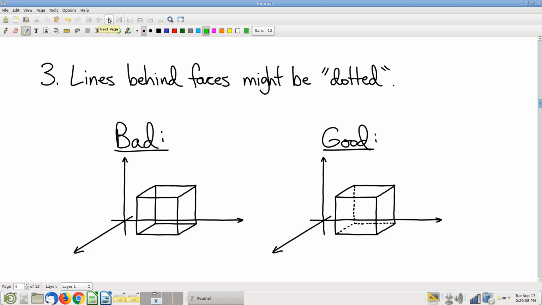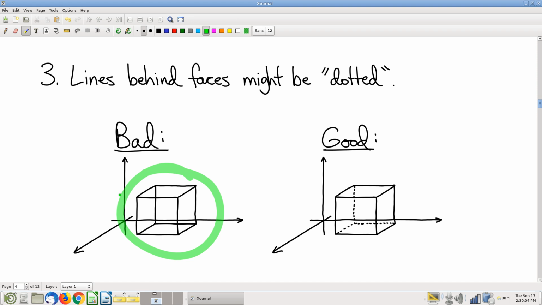A subtler trick. If you have a line that is sort of behind a face of something that you're drawing, you might dot that line. So, for example, let's look at this cube right here. Now, arguably that's a pretty decent cube. Everything is parallel, looks parallel, etc. It's reasonably